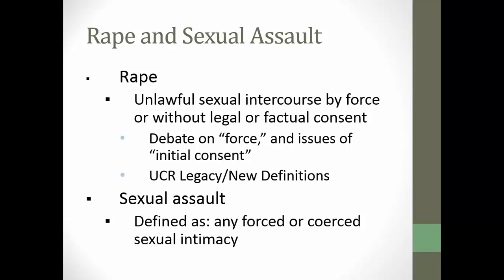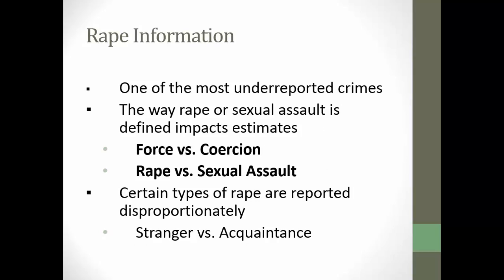So the key to rape definitions is that there is sexual penetration. Sexual assault is defined as forced or coerced sexual intimacy short of rape, so unwanted touching, groping, those sorts of things. Rape, and a lot of you picked up on this early in the semester when we looked at data, is one of the more underreported crimes that we have. That happens for a variety of reasons. Victims feel ashamed. Victims are fearful. Victims don't think anything can be done or that the perpetrator is going to be caught. There's a variety of reasons why folks don't report.